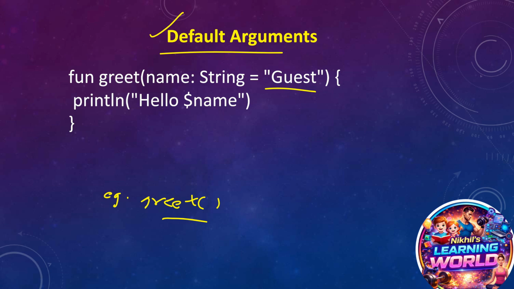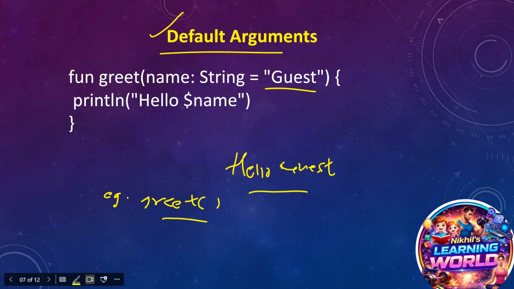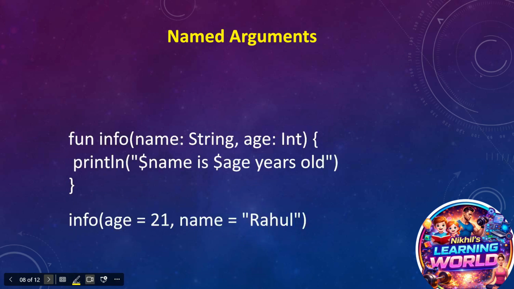For example, "Hello Nikhil" as an existing example, right? Hello Nikhil, but we are not passing any argument. Directly we can call greet, and at that time "Hello guest" will be printed, right? As a default argument. So named argument. So we can pass with the named argument, or it's not necessary to pass the